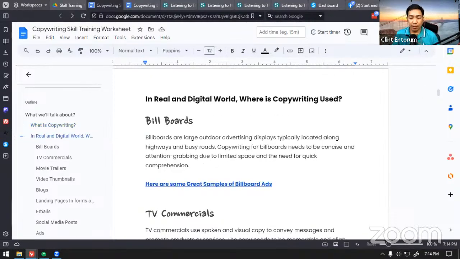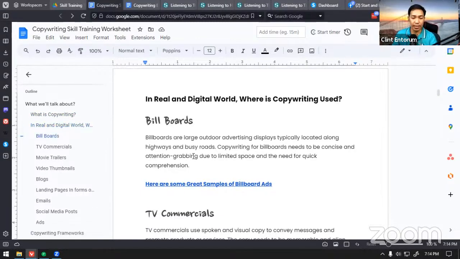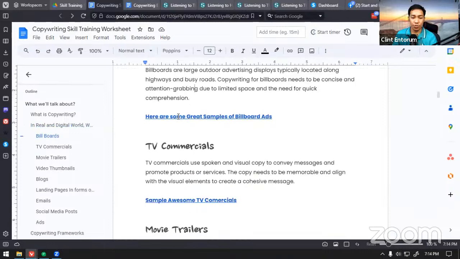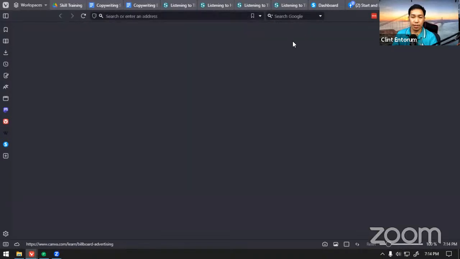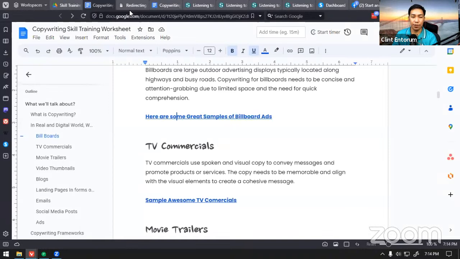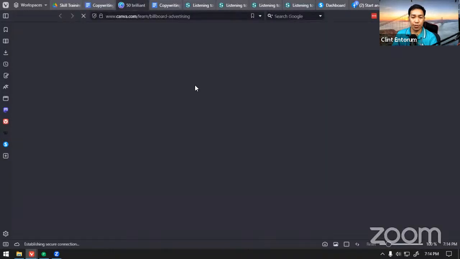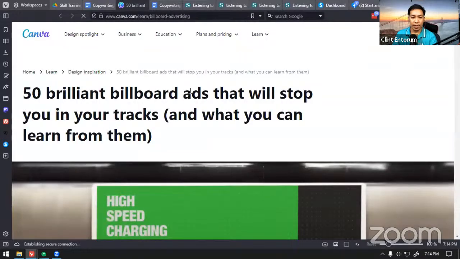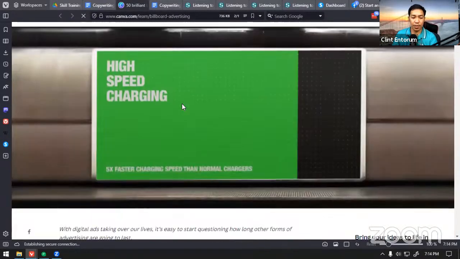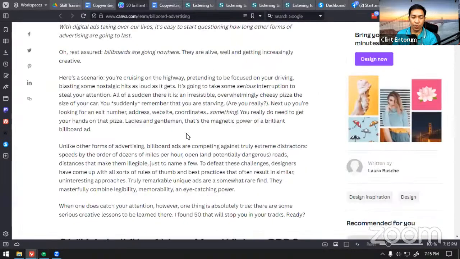And here in the real world or in the real and digital world, you could see copywriting in billboards. To be able to see a lot of billboards, dyan mo makikita yung copy. So let me show you some examples of billboards. You could see them everywhere. I'm going to give you more examples of what copywriting is so that you will understand it by examples. For example, ito mga billboards, yan. They write simple copy because limited area lang yung copywriting, kaya limited text lang ang ilalagay nila sa billboards. Yan po yung where you could see all the copywriting.